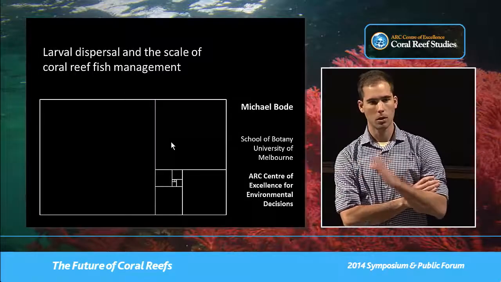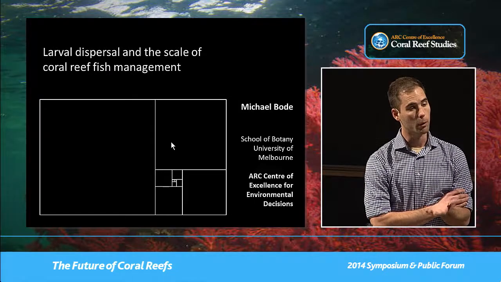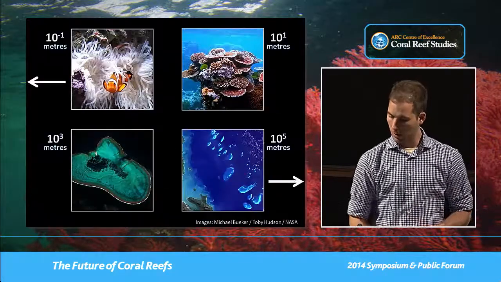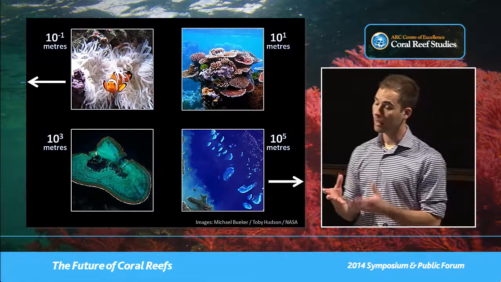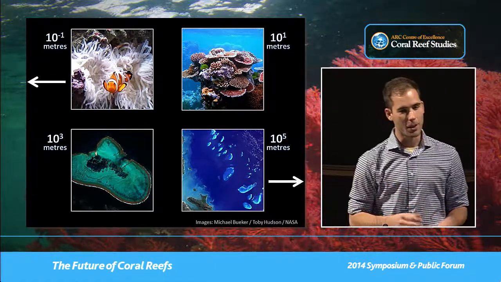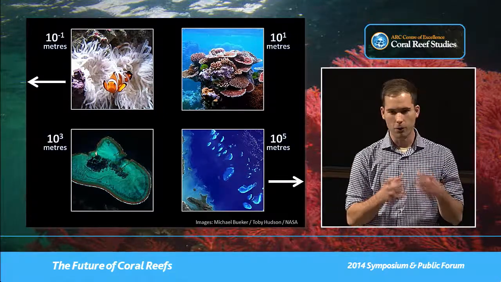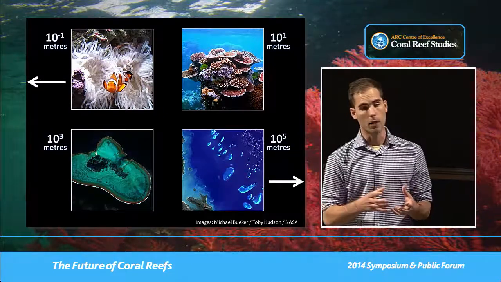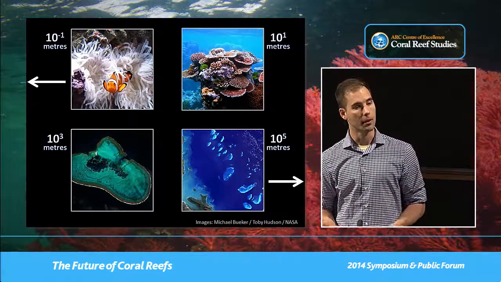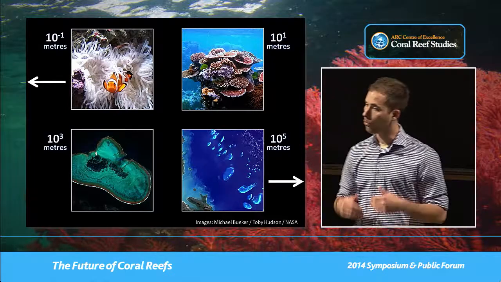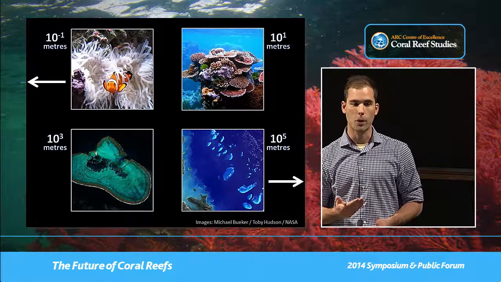So the answer to most of the questions we ask in ecology depends on the scale at which we ask them. If you think about the structure of reef fish communities, for example, Peter Sale showed quite convincingly in the 1970s that the structure of the fish communities you find at a small scale, like an individual site or a coral bommy, depends very much on matters of chance, on stochasticity. It depends on what was recruited to the system and the sort of probabilistic mortality that occurs quite quickly in